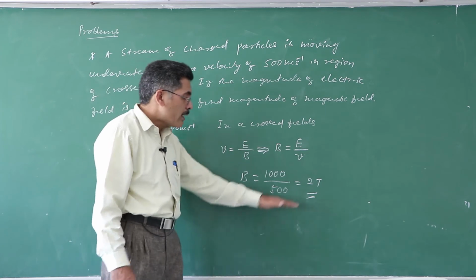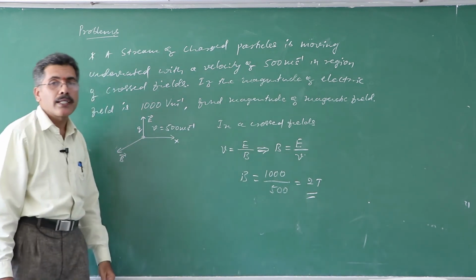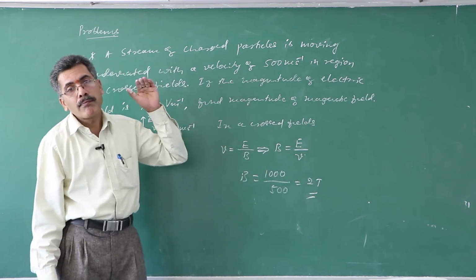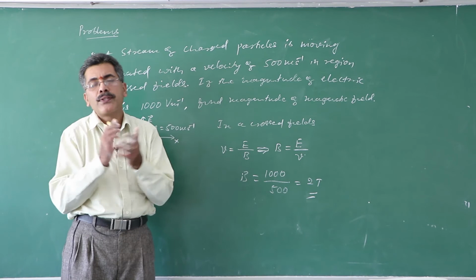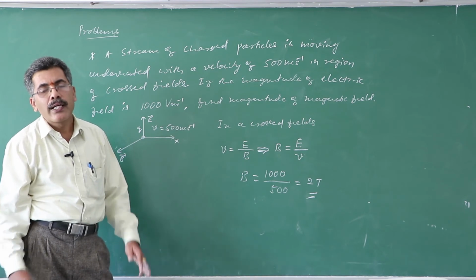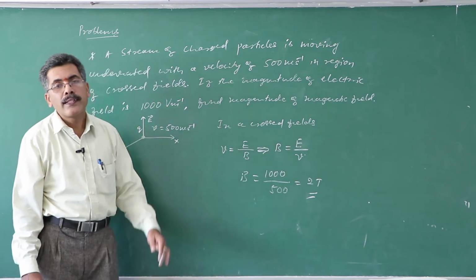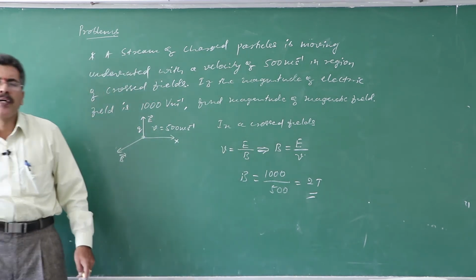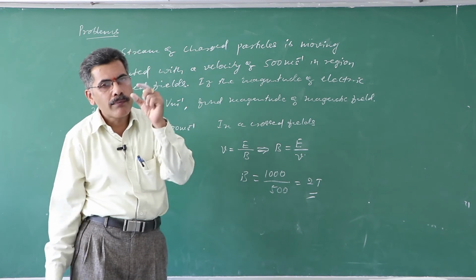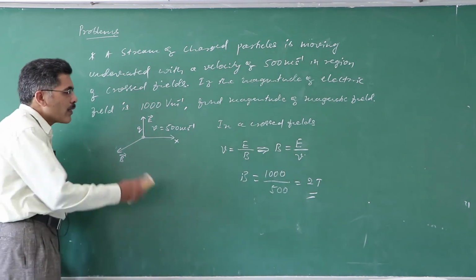Only when you keep this much magnetic field, and the electric field is 1000 volt per meter, acting perpendicular to each other, in such a situation, if you allow an electron or any charged particle to enter the crossed field, it does not experience any force. It proceeds undeviated. This technique has been adopted in selecting charged particles from a stream of other particles, a charged particle moving with a particular velocity from the stream of other charged particles. That is why it is called a velocity selector.